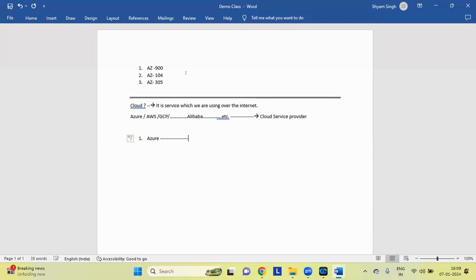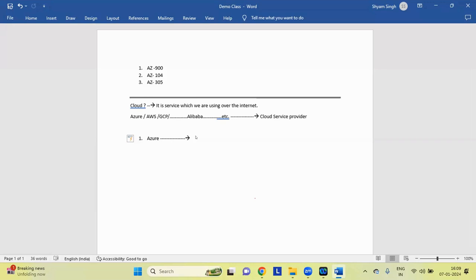Why? Because in day-to-day life, we are using so many Microsoft products, like MS Word, the Excel, and so many MS Office, operating systems, right? There are so many services we use day-to-day, correct? Everything is from Microsoft, correct?